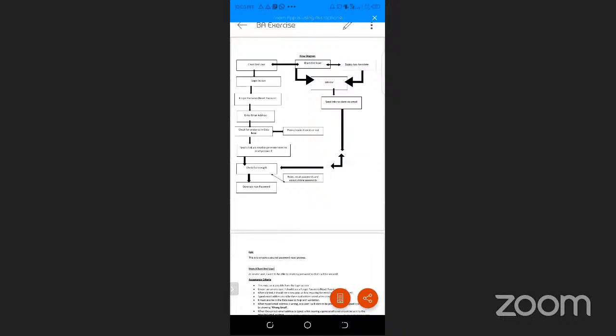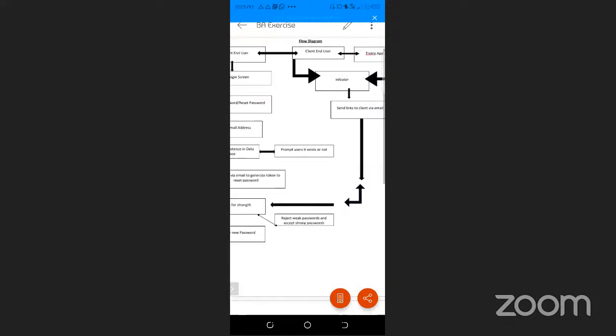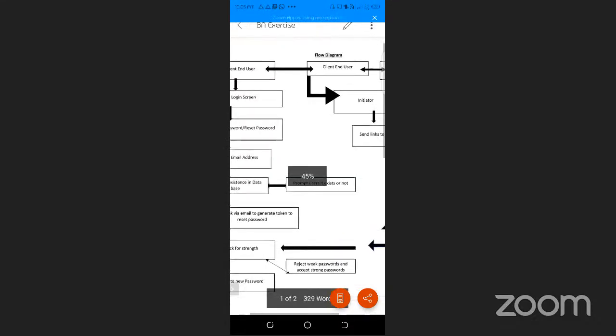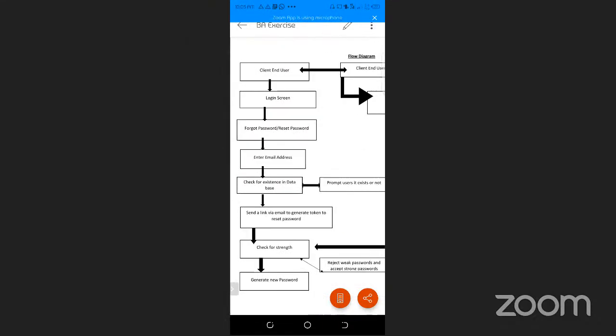Yeah, so this is the flow diagram. Make it a bit bigger. So with a client end user, obviously start from the client end user, comes down to